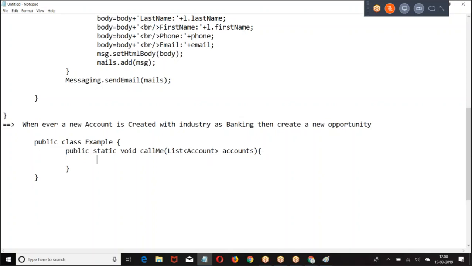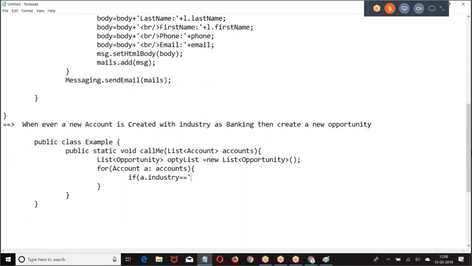Public static void call me. Then create the list of opportunities, because I don't know how many opportunities I'm going to create. What you are supposed to do for account A: take one by one account. If A dot industry equals banking, if the industry of the account is banking, then you are supposed to create